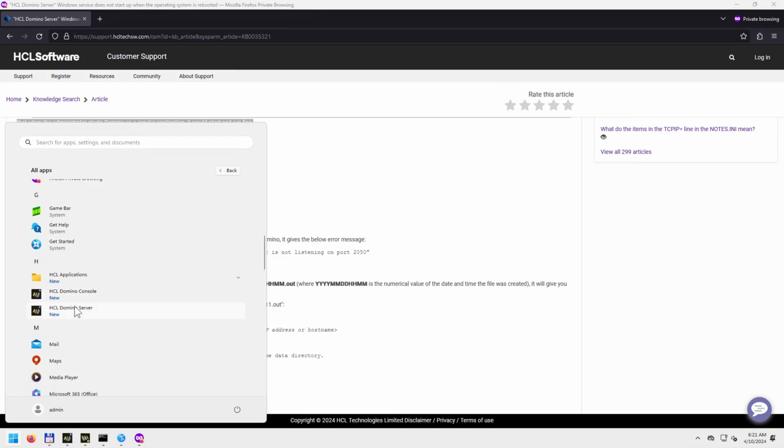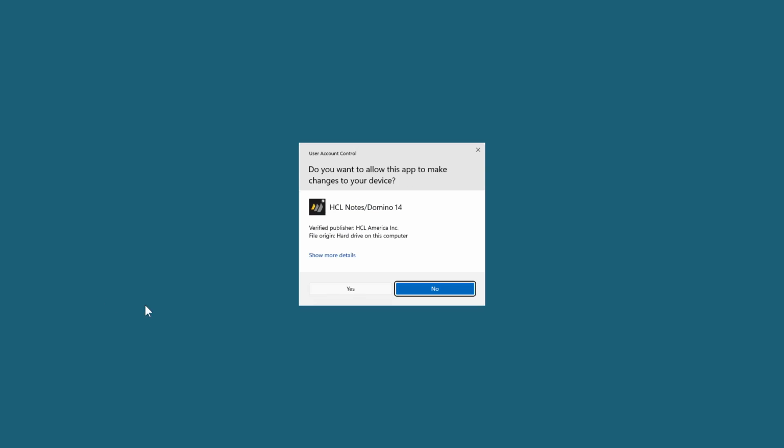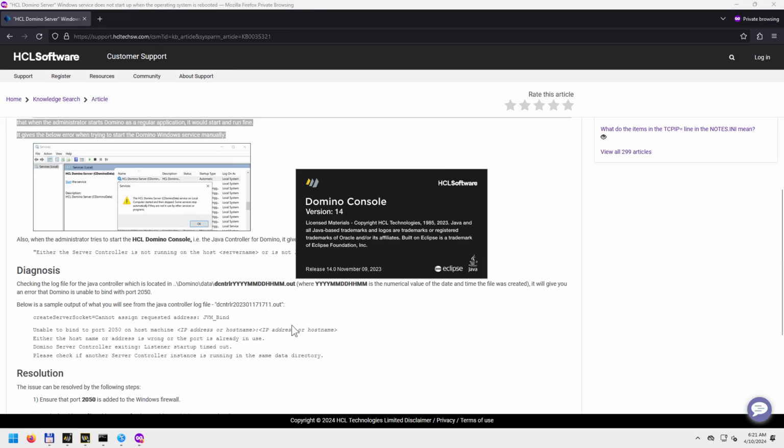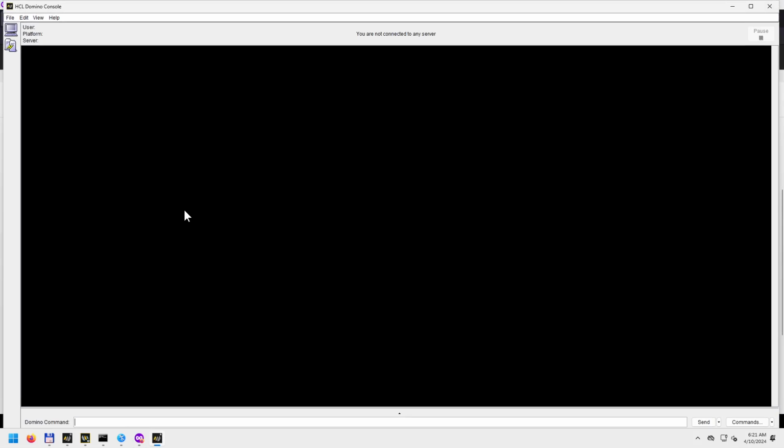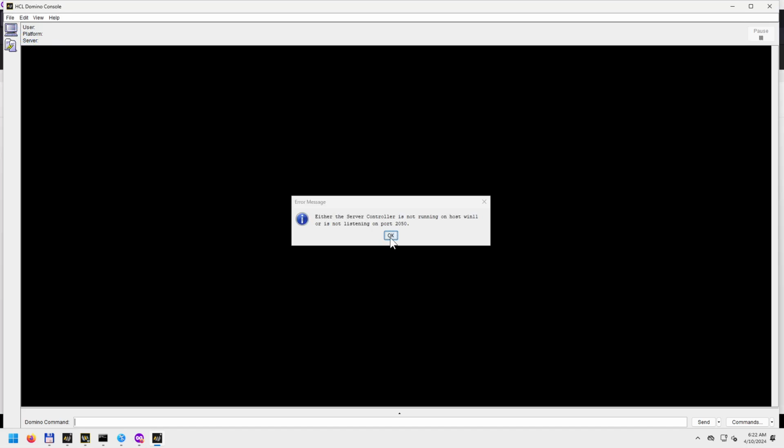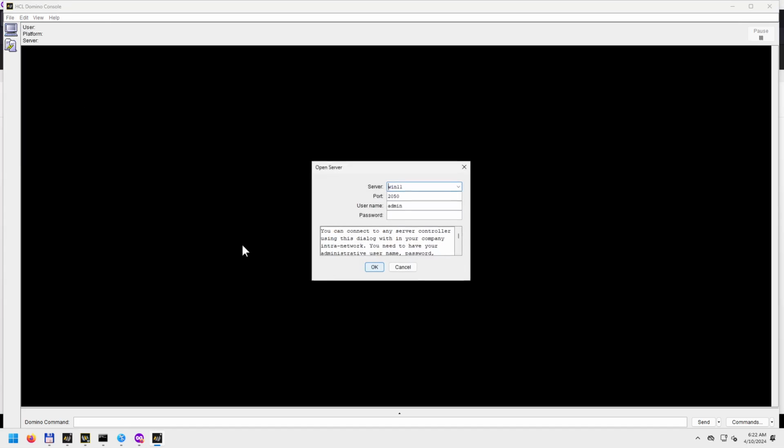But then there's also this application, HCL Domino console, with which I could, in previous versions of HCL Domino, connect to the Domino server that's running on the current computer. It was usually just a matter of clicking on this button, and everything worked out. But even if I specify everything correctly in here,